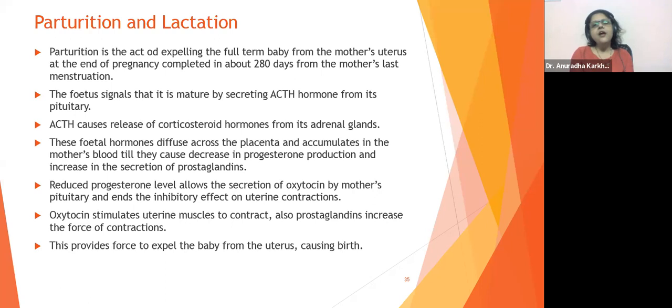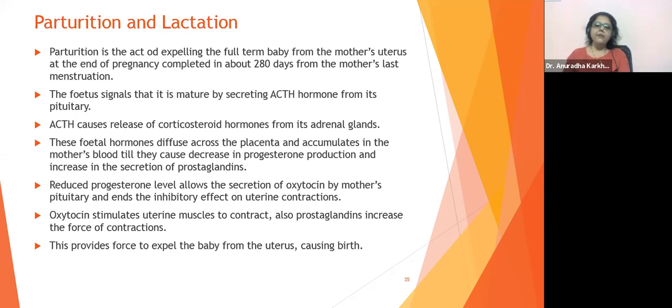It's like that. For 9-10 months, the uterine wall, the myometrium, has no activity to do, and all of a sudden it is going to perform very heavy activity. So obviously it's going to be painful.